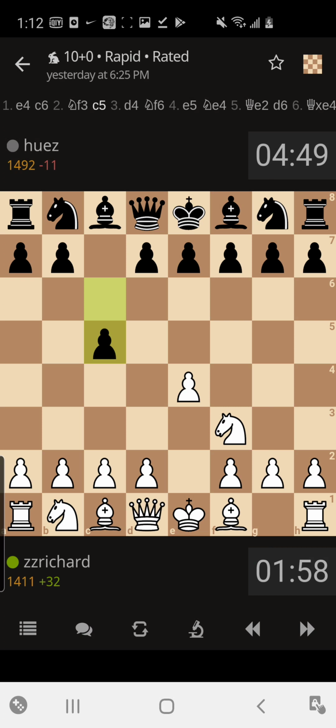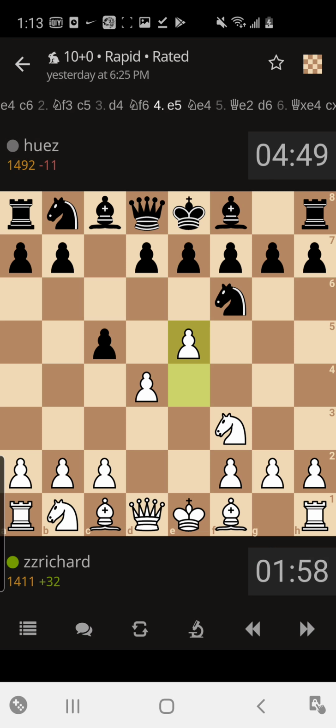But the thing is, you don't need to play c6 and c5. It's like you just gave me a move for nothing, and this is definitely not good for black. So I continue. This is just an open Sicilian. You continue with knight takes, but here you can actually grab some more space by playing this move, by playing e5, and then the knight is